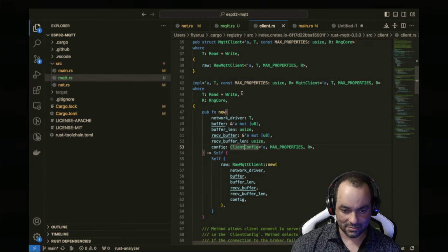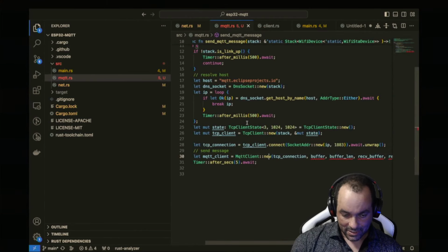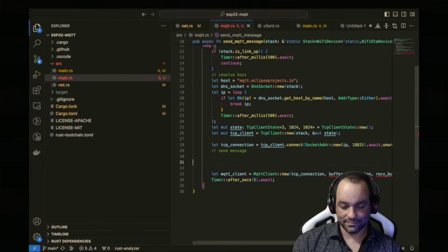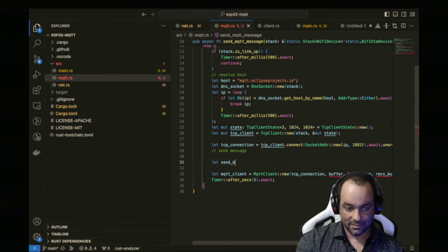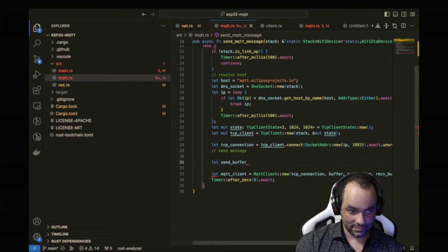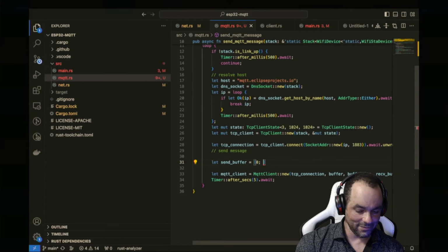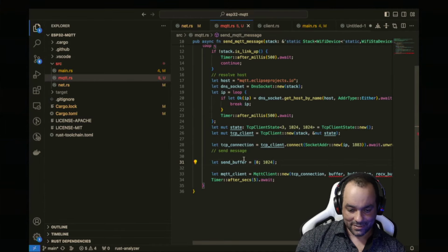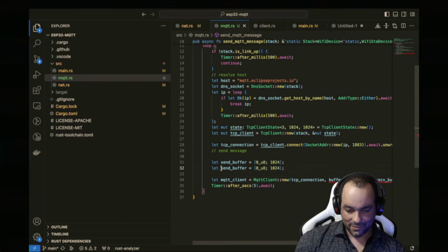First, what happened? Let's create those buffers. Let send buffer is, that's like 0, and then I don't know what's a decent quantity. Should it be smaller than the TCP buffer? I don't know. Let's make it the same, and then I need to give it a type, I suppose. U8. We have a send buffer, we have a receive buffer,